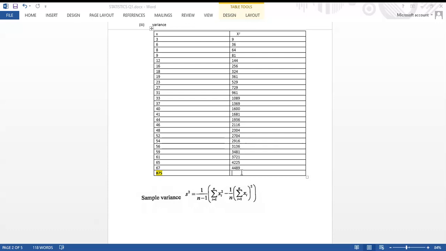plus 1681 plus 1936 plus 2116 plus 2304 plus 2704 plus 2916 plus 3136 plus 3481 plus 3721 plus 4225 plus 4489. We get